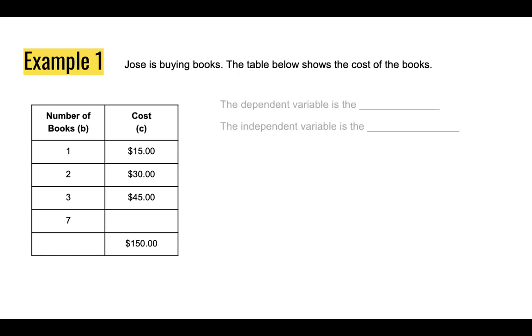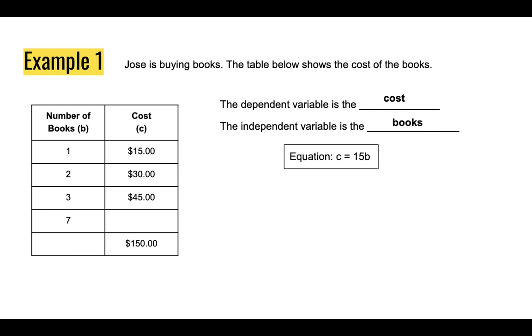and so on. The first thing I want to ask myself is, just like we talked about yesterday, which of these is the dependent variable and which is the independent variable? You guys did an amazing job differentiating between these two yesterday. In this example, my dependent variable is the cost because the cost depends on the number of books sold. An equation that I can use to represent this situation is C equals 15B because every cost is 15 times